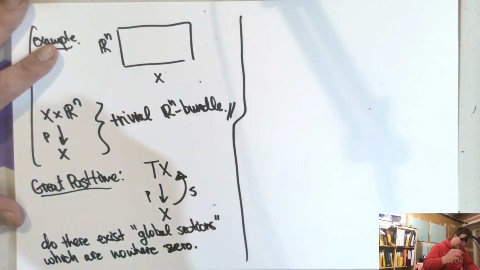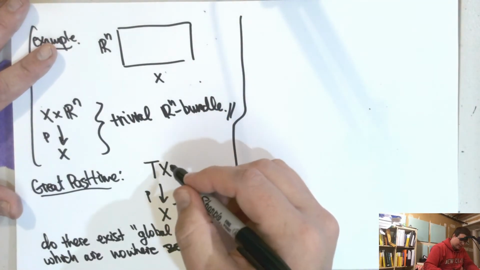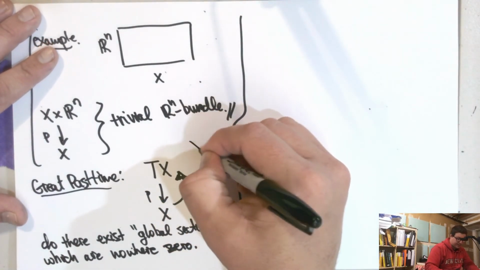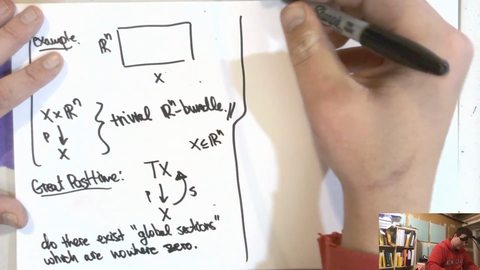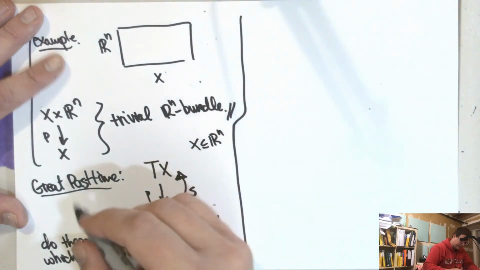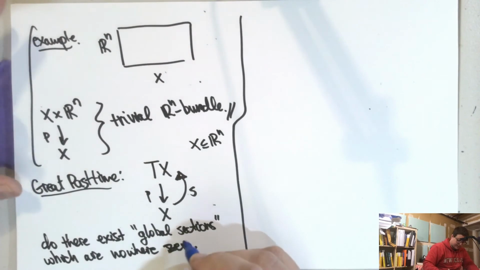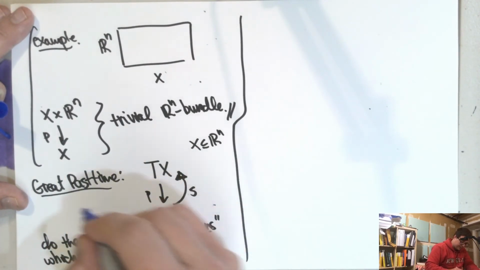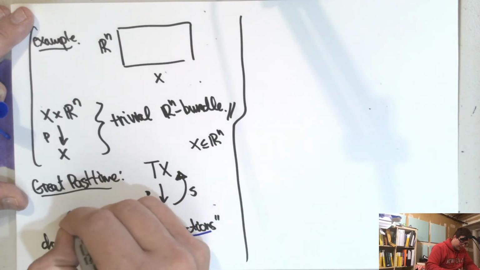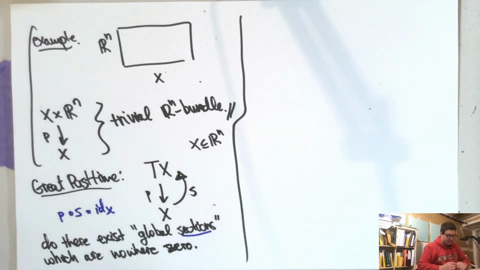So, suppose that X is embedded into R^n for some n. Then we could do the same thing. What is a section? Here we want this map and this map to be composed to get the identity. So we want S composed with P to be the identity on X. And this thing is what we consider to be a vector field,